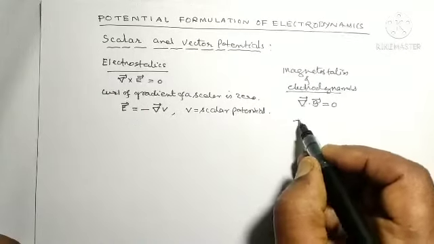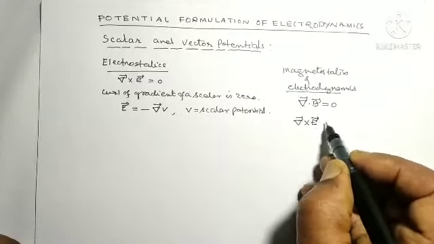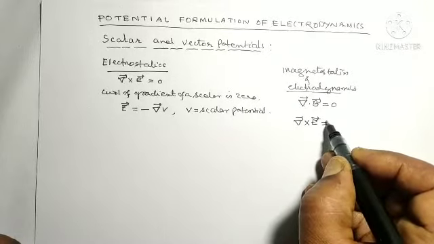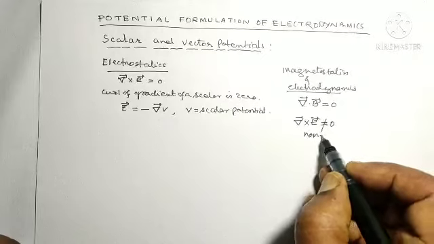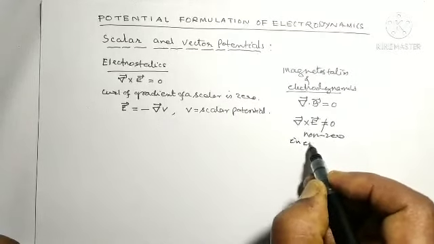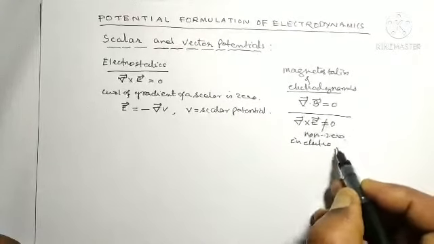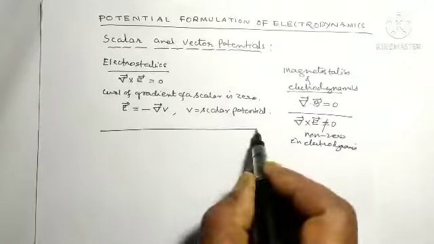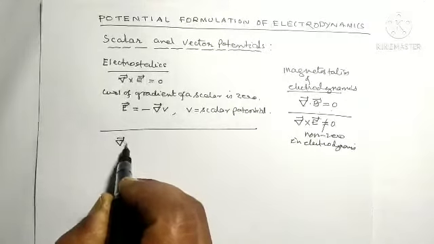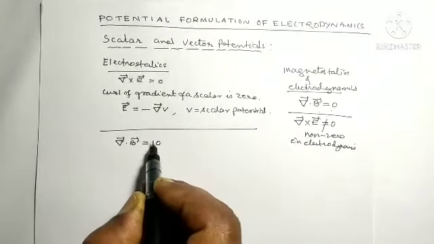But the curl of the electric field intensity is non-zero in electrodynamics. So if div B equals 0,